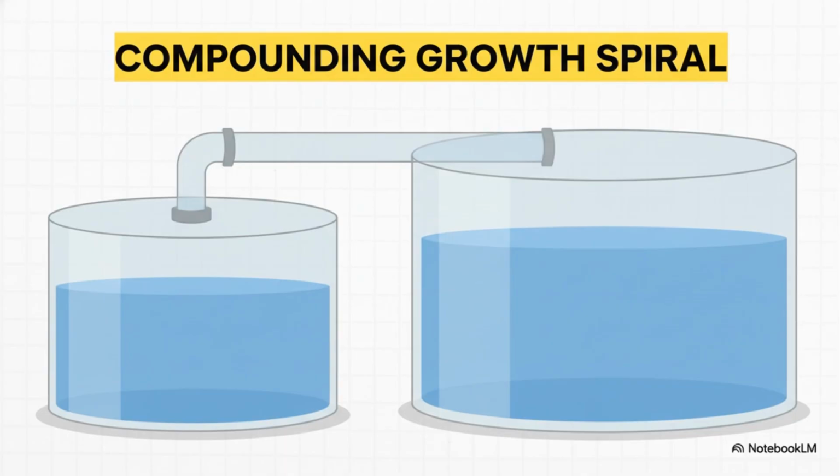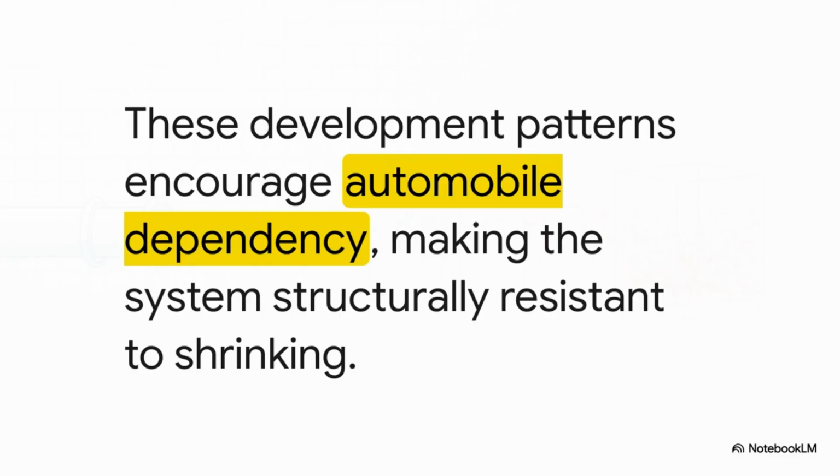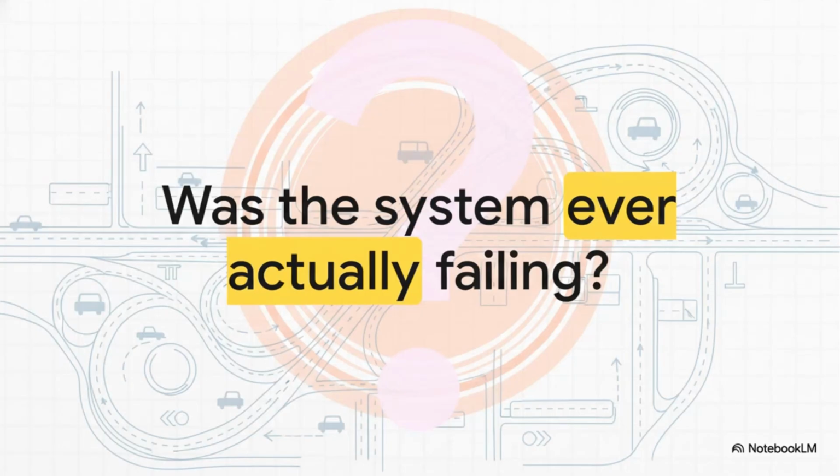Over time, after going through these cycles of adding more and more capacity, our one simple little water tank has become enormous. And now this system is locked in. This enormous tank is now structurally dependent on an equally enormous inlet pipe just to keep it full. And that wide pipe only exists because the tank is there to take all its flow. Development patterns change, people start living farther from work, other alternatives like public transit wither away. The system can no longer shrink. It's trapped.